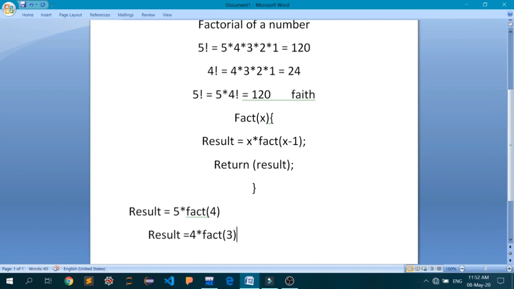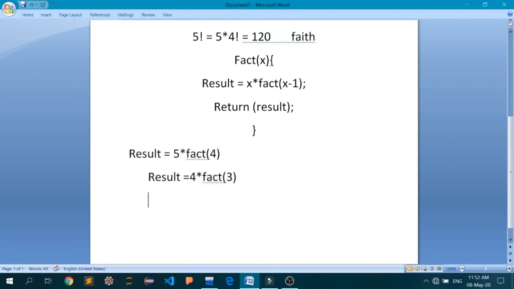Okay, now again the compiler will call this function to see what value it has to multiply 4 with. So again a call to the fact function will be done, and again the result variable will be initiated, and this time the value of x is 3 multiplied by fact 2.